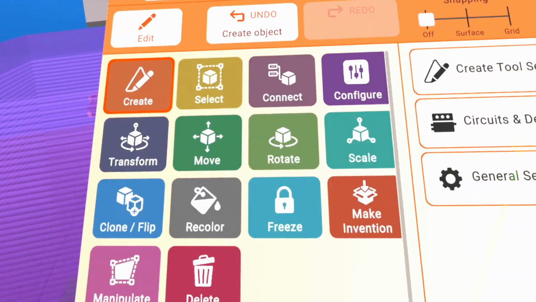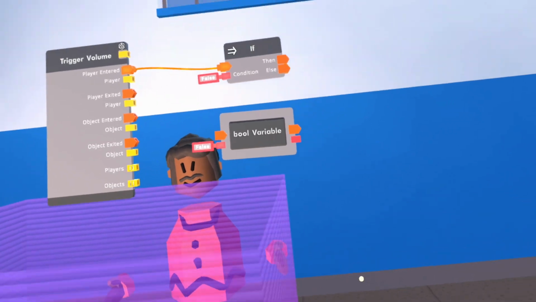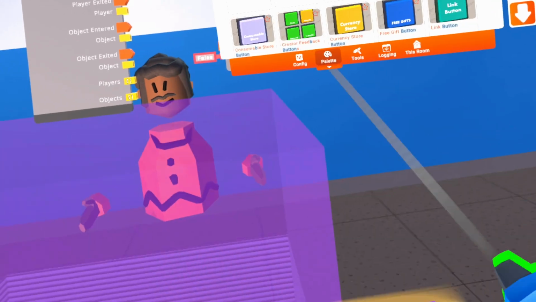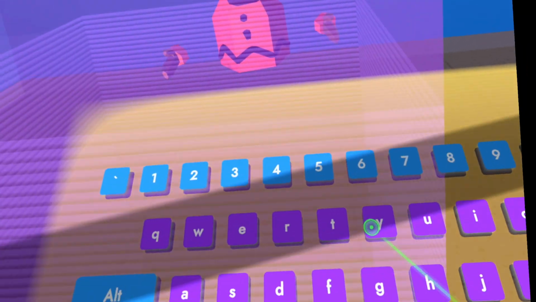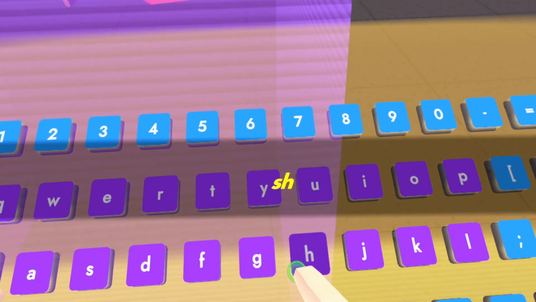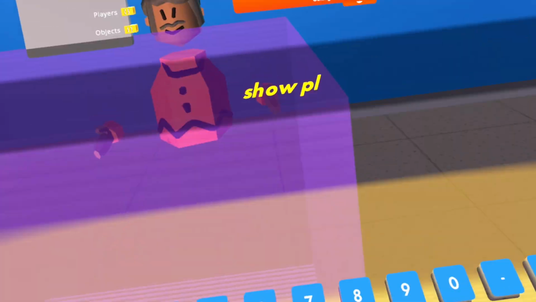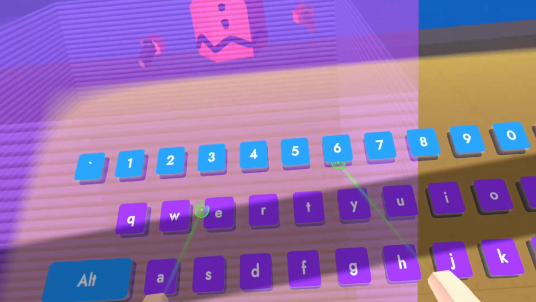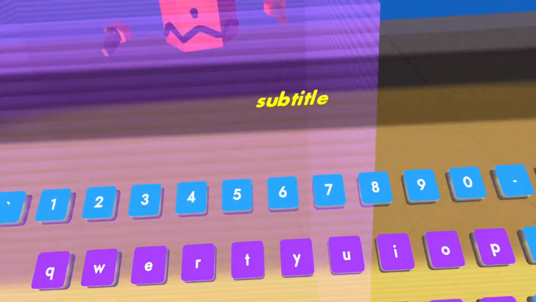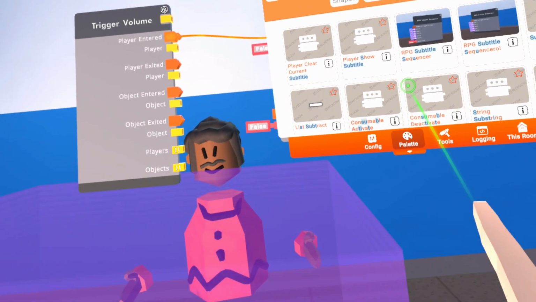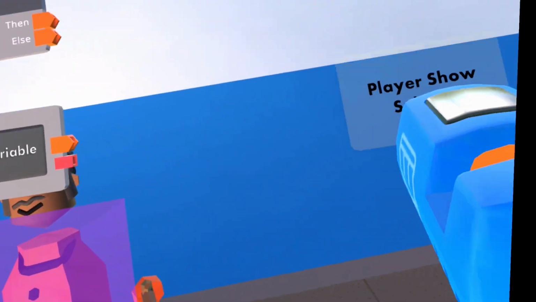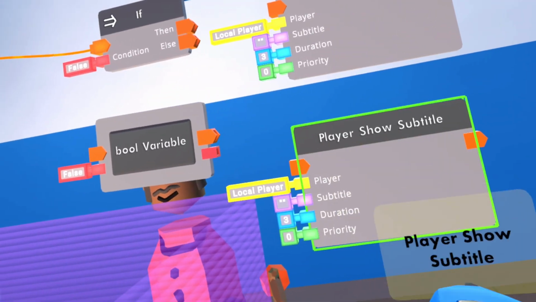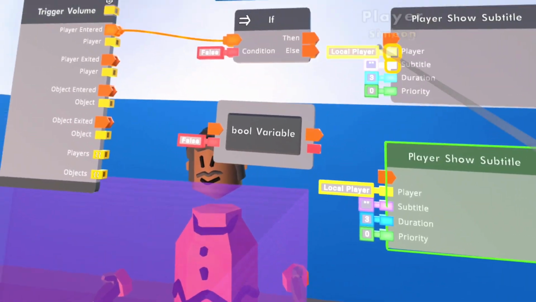So how do we do that? We have the trigger volume, you enter, and if you enter, then I like to use the show player subtitle. It's not only called subtitle. Player show subtitle. I like to use this because it's the easiest to set up. And so we will connect the